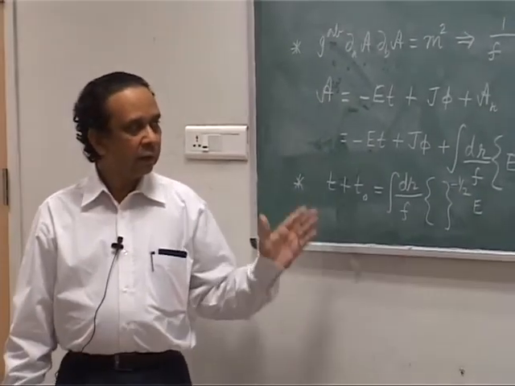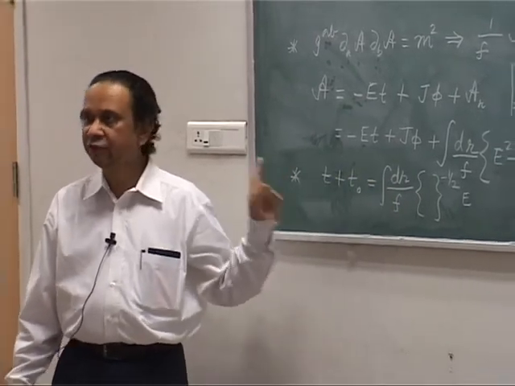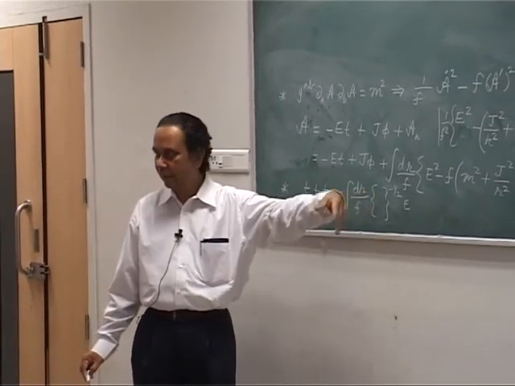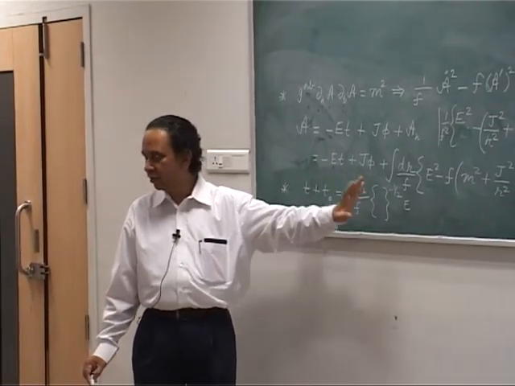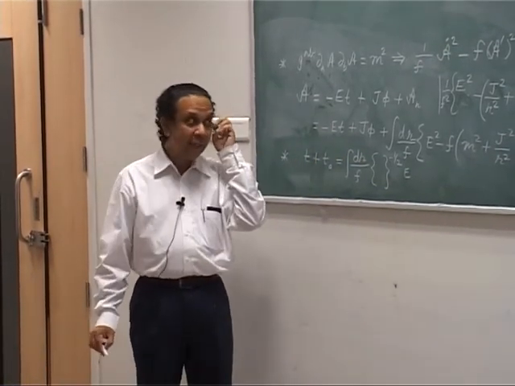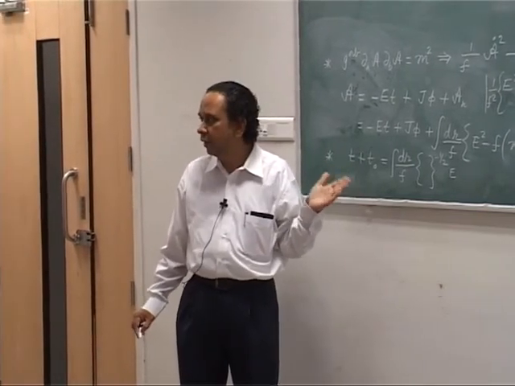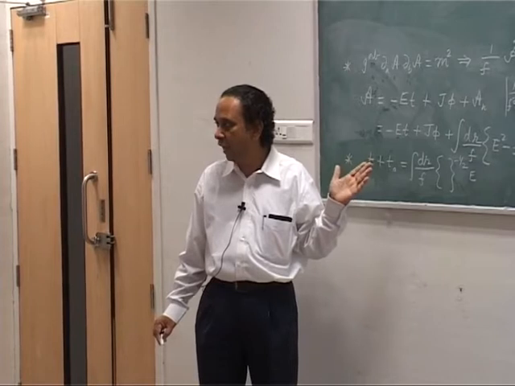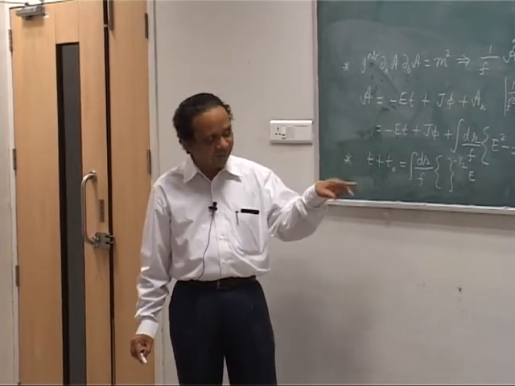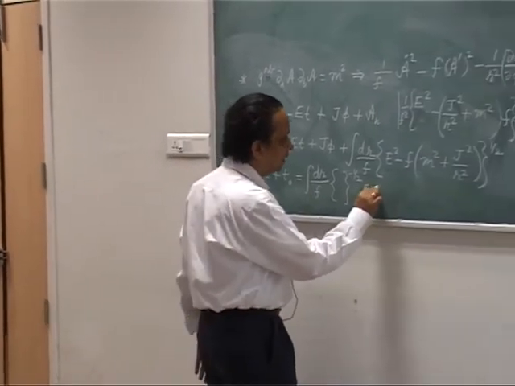Okay. This equation gives you R as a function of T. Actually it gives you T as a function of R, because if you plug in the form of F there and you do the integral and all that, you will get a function of R, and that tells you how R changes with T. Unfortunately, this integral cannot be done in simple closed forms. Okay, so you can do it numerically, but it does not help beyond that. So it is done in a slightly different way. So I will try to indicate that, and then we will derive it by a different method, just to show where these things fit in.